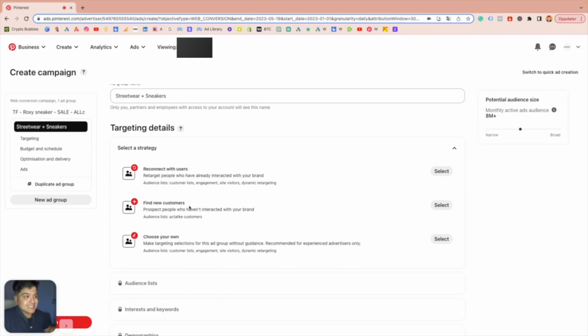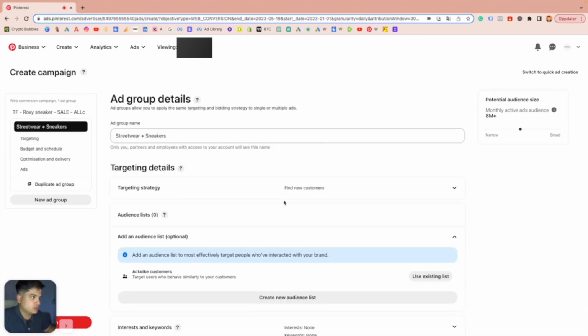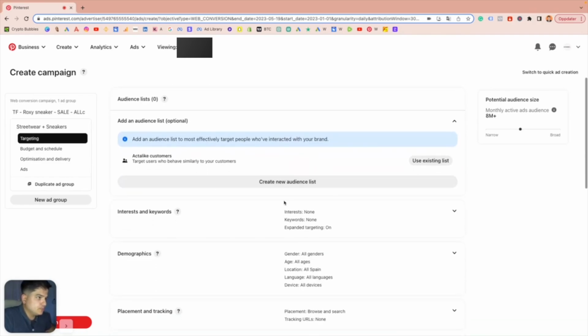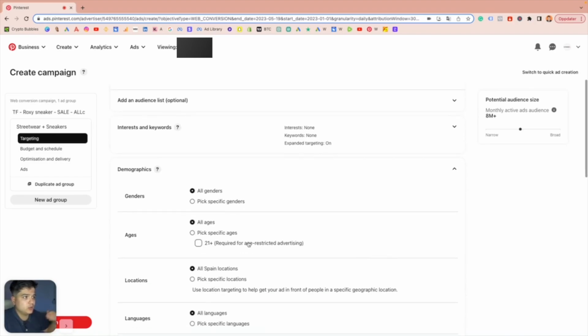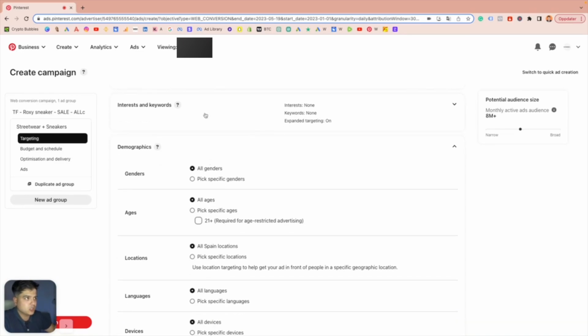So in this example, we are going at the top of the funnel, as I said, is a TOF, as you see here. So it's cold audiences, so we are going to find new customers. The next thing you want to do is not go right to the interest keywords. You first want to put in all the countries, because you want to see if you have enough keywords and interests based on how many people are in your audience. And if you do not change the gender, the age, and the locations before you start to do the keywords,